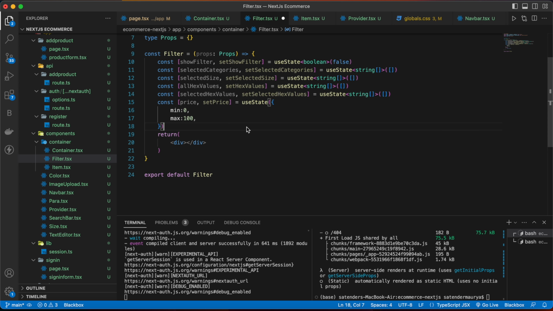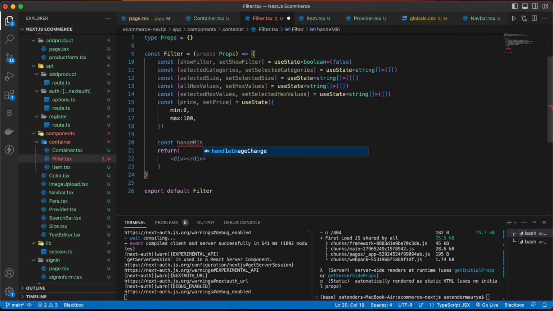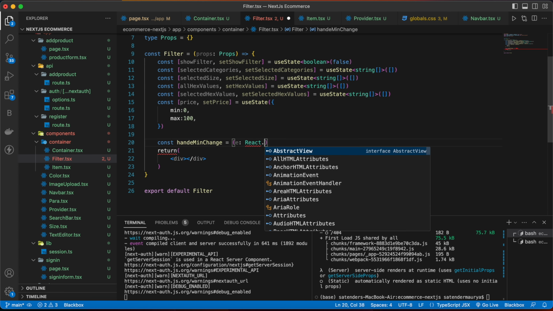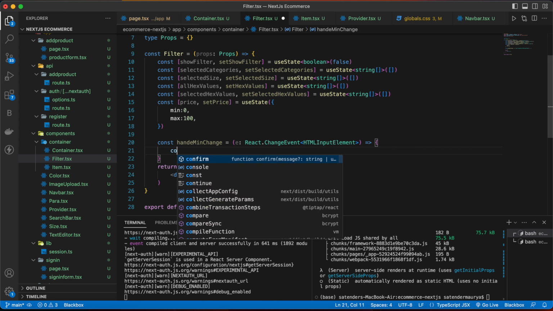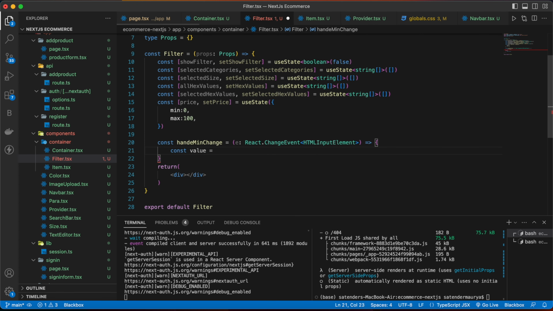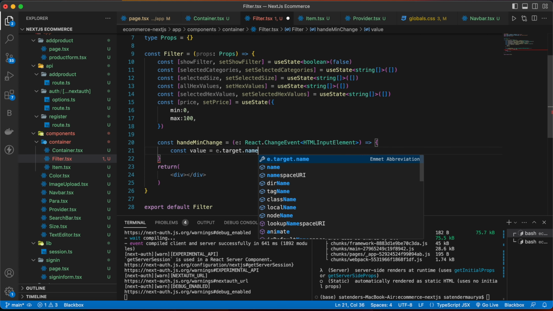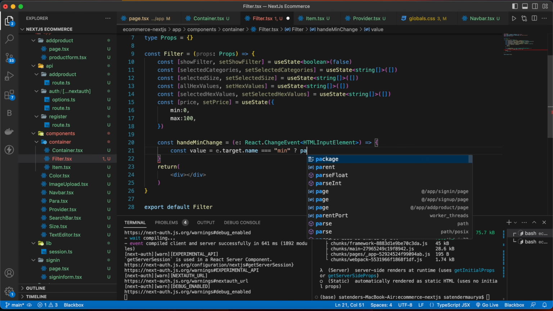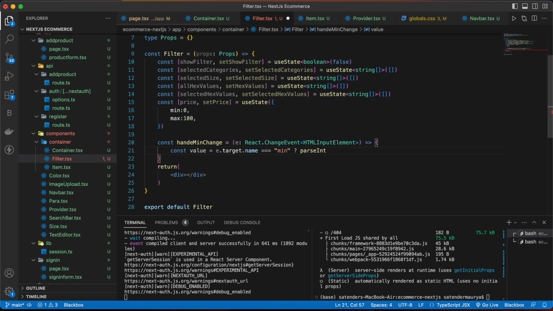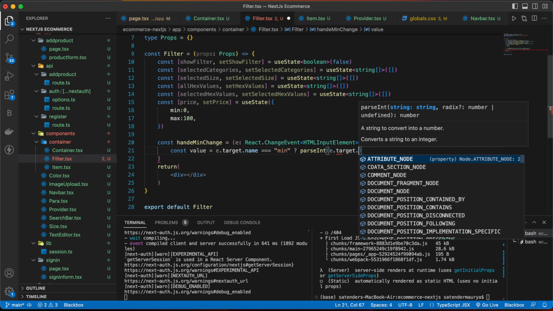Now let's write some functions here. So first will be const handleMinChange, which will be a type of React.ChangeEvent HTMLInputElement, and inside that const value is equal to e.target.name is equal to min, and we're going to pass parseInt e.target.value.